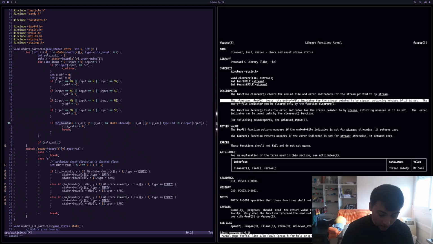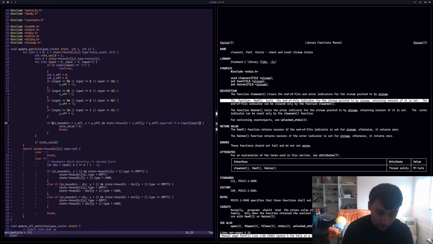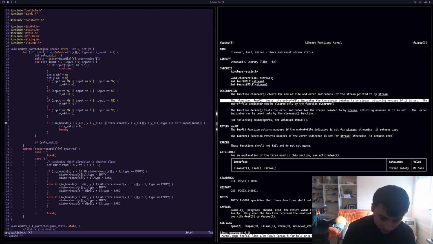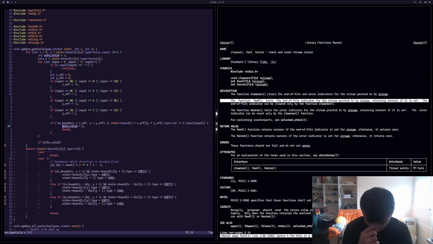this would be if not in bounds. So if it's not in bounds, so wait, no. So if it's not in bounds, or it's not the input. So either. If it is not in bounds, then it will just break. But if it is in bounds, then it needs to check the other thing. That's what it was. Okay. So now if the rule is valid,